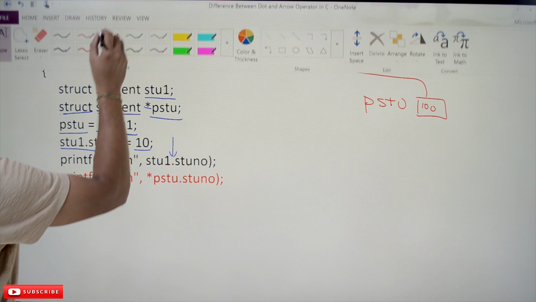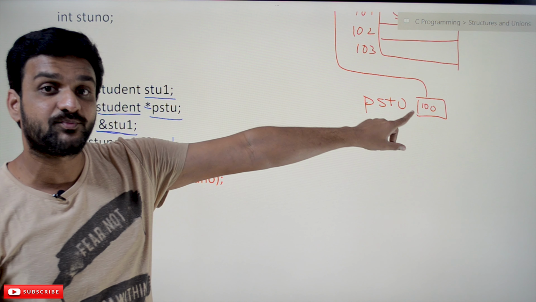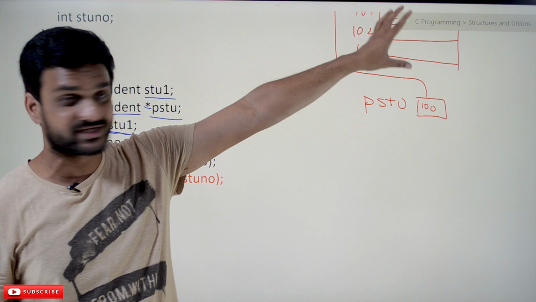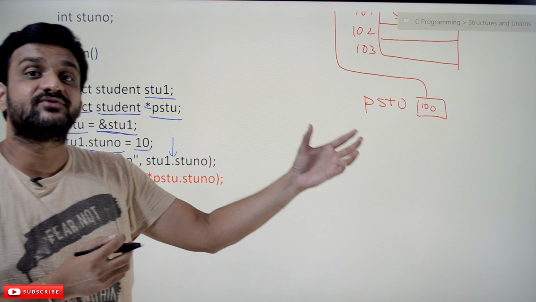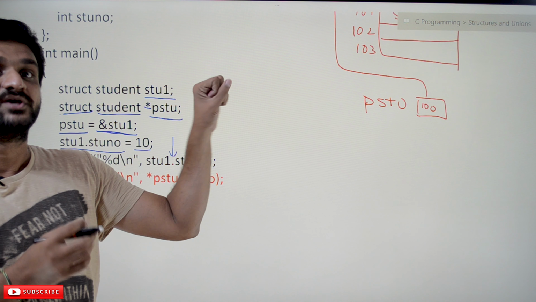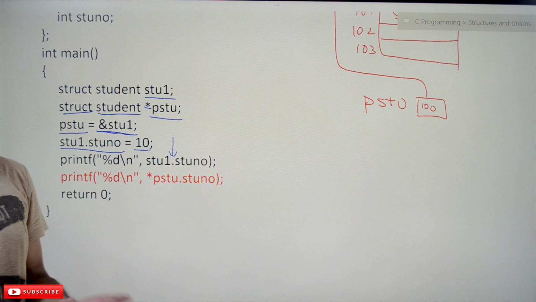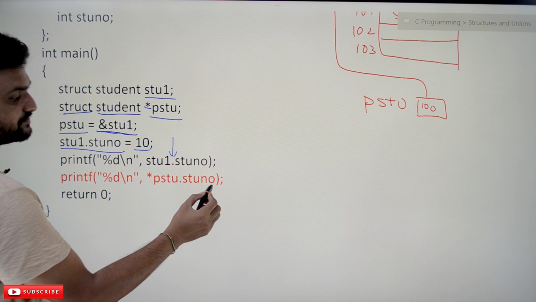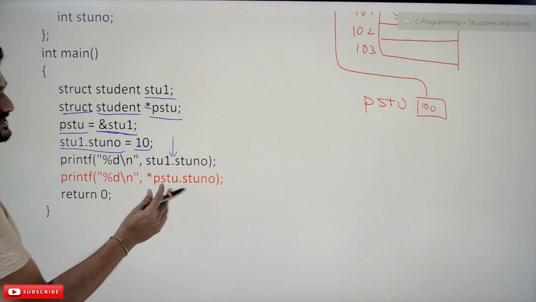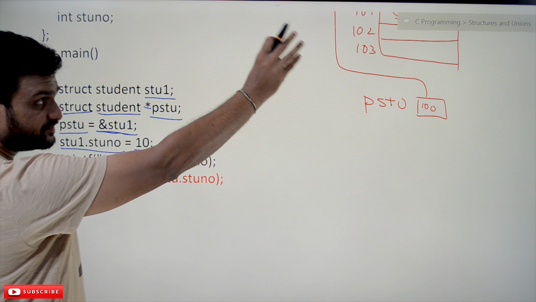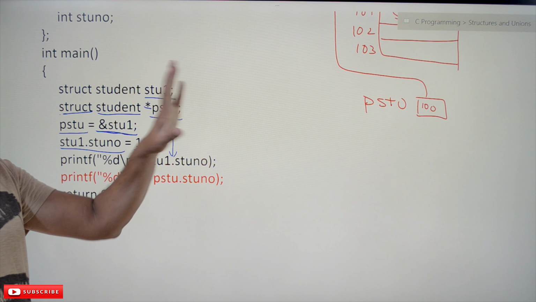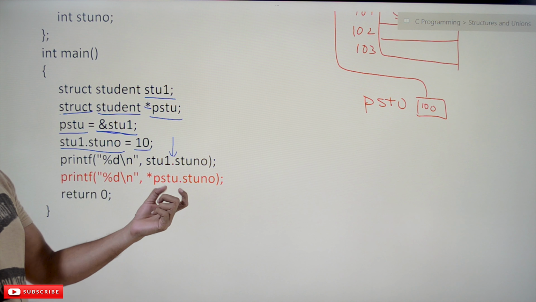And next, we are trying to access the member using the pointer. The pointer to the structure has been declared, which is pointing to that structure. Now using the pointer we are trying to access the members. So how to do that? Generally what we think is, it is star p2 dot stu number. What it states is p2 dot stu number means that member, and star means the value stored in it, but it does not happen in that way. So this is going to generate an error.